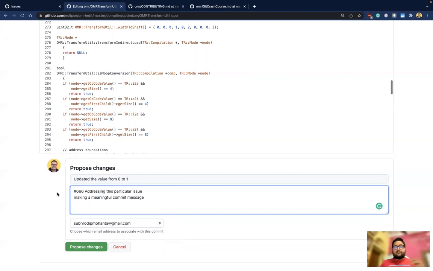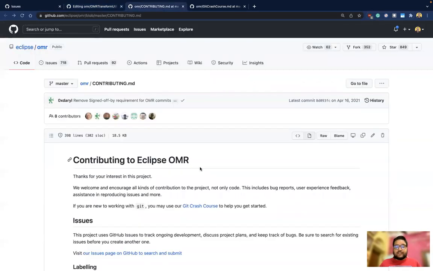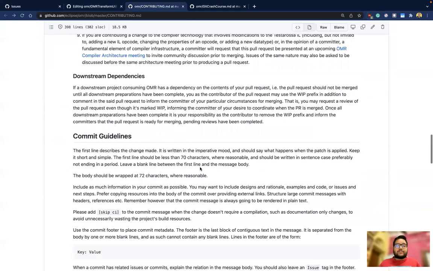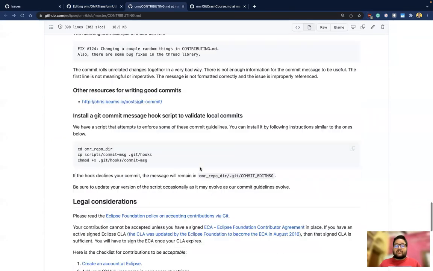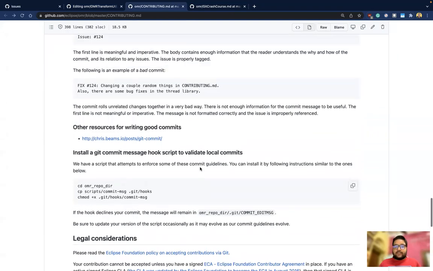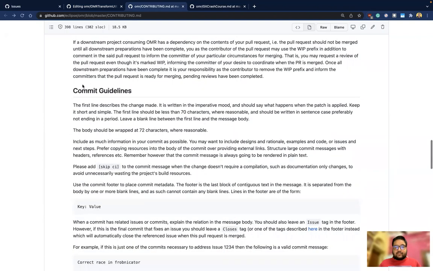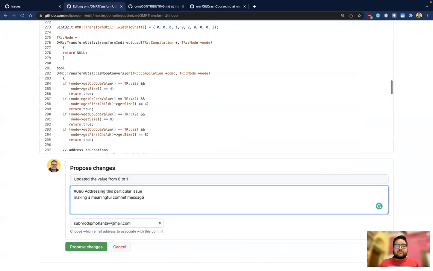But before making those changes, you might also need to check that some project maintainers would want their commits to be in a format that they would want. So in this portion that you see in the repository, they have the commit guidelines. A well-maintained repository would always have these kinds of things. So you can change your commit message to the guidelines that they have mentioned, and voila,